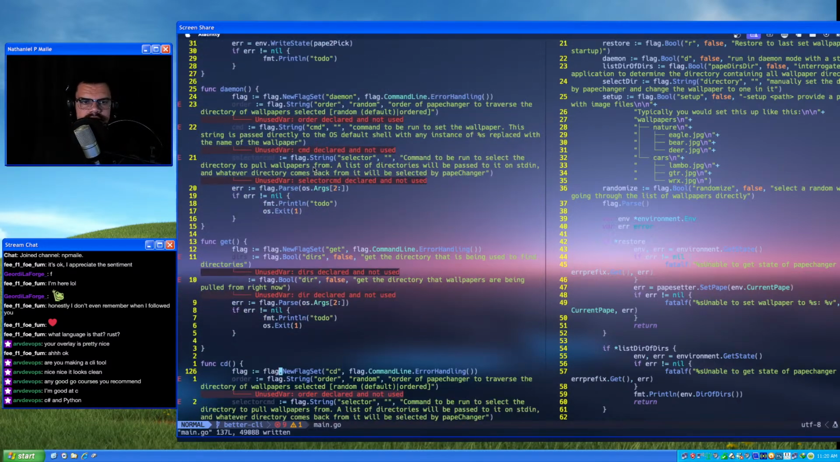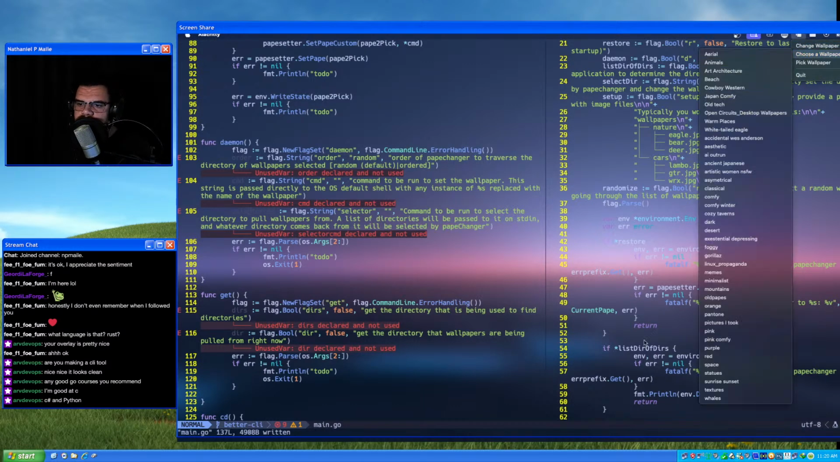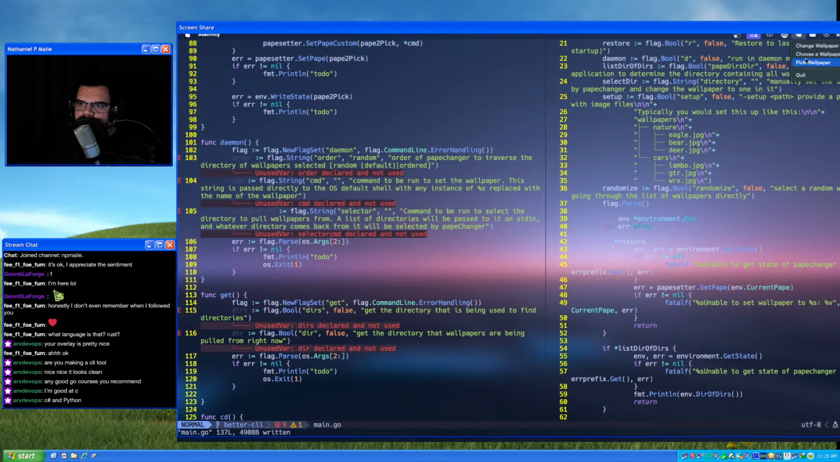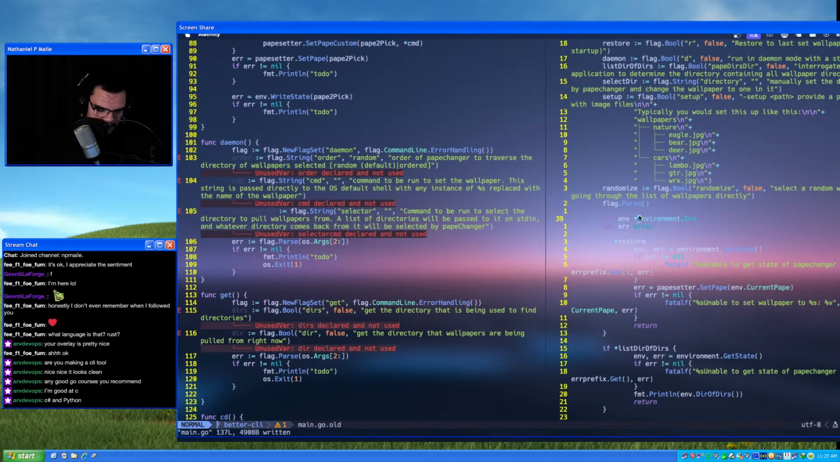So the next thing to do is go through the daemon functionality. So it still has the same CMD. Now we have a selector CMD. This is because when you run this on Mac OS, it uses a native selector like this, but this is for the wrapper. But if you run daemon mode on,